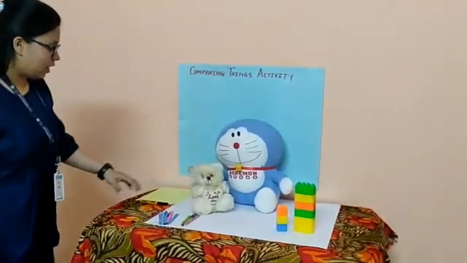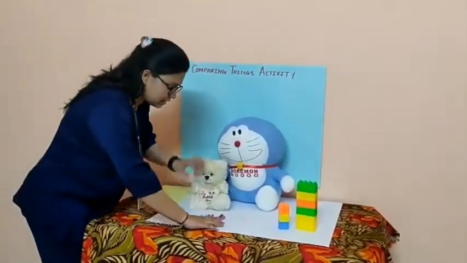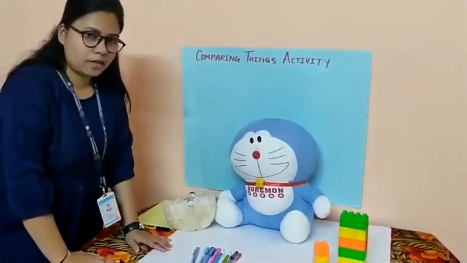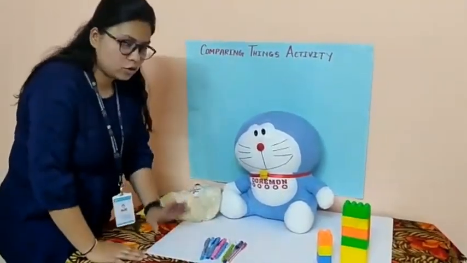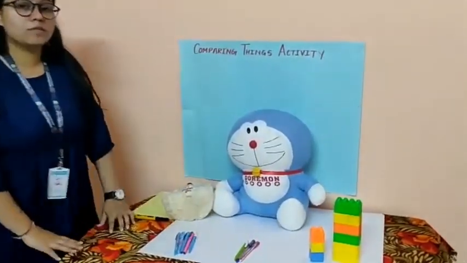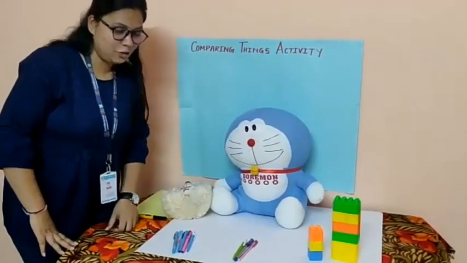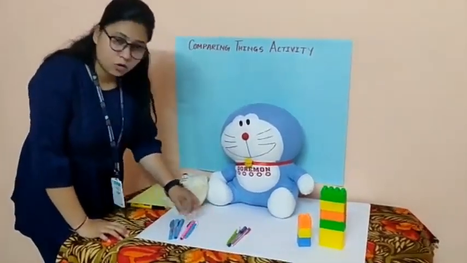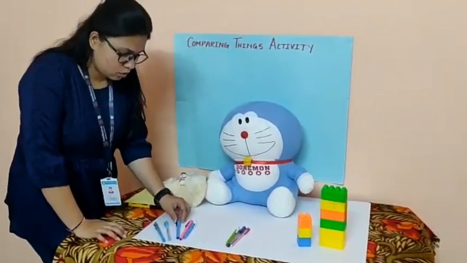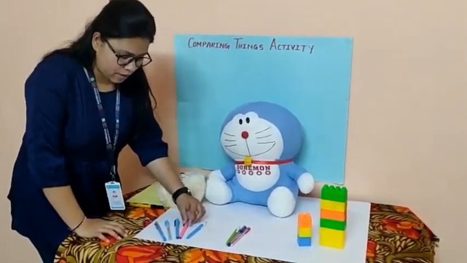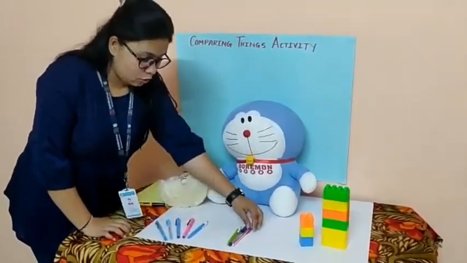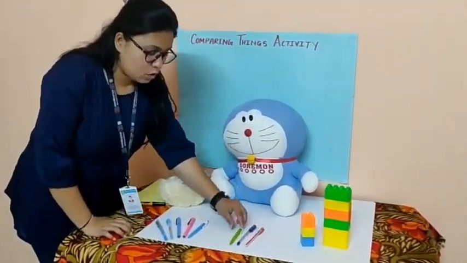Keep on trying. As you can see, here are some examples of pens. This is one group of pens. I'm going to divide it now. How many groups are here now? Ma'am, two groups. Very good. Can we count group A first? Start counting with me. 1, 2, 3, 4, and 5. Group A is having 5 pens. Now group B. 1, 2, and 3.